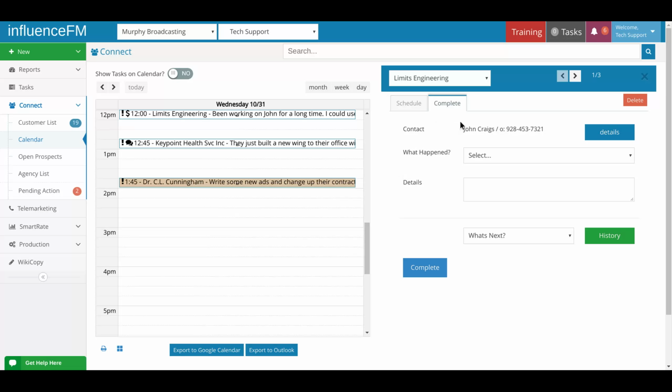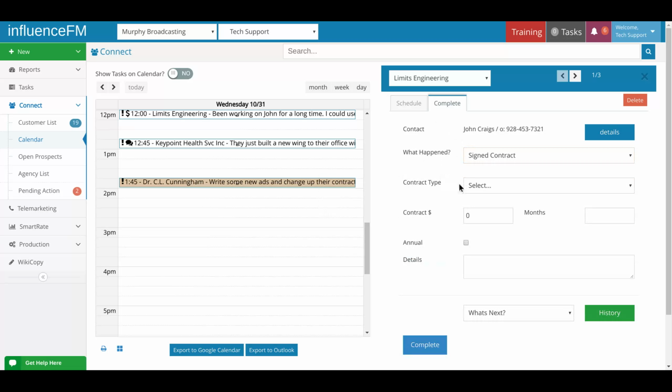Okay, so it's saying, hey, what happened? Okay, was the contract signed? Was it presented with but no signature, or you did not complete it? All right. So if you didn't get the contract signed, you'd want to select that. But let's say we did get the contract signed. Okay. What was the type? Well, let's say it was a contract annual,